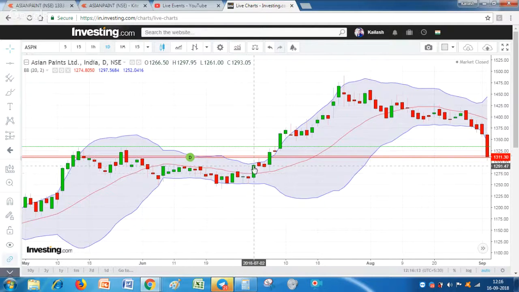So friends, we would have taken a buy entry in this stock above this green candle high, keeping the stop loss below this candle low. This level is actually 1311, no, sorry, this is 1296 somewhere. Yeah, it is the 1296 level. So we would have taken a buy entry in this stock at this level, keeping a stop loss at the 1265 low.